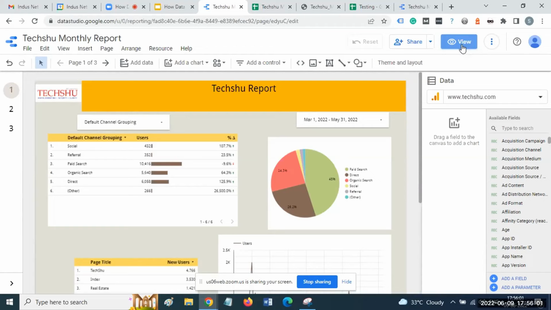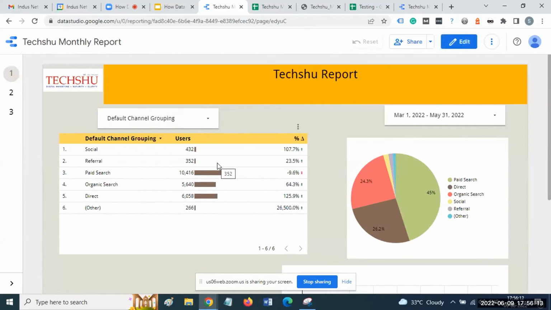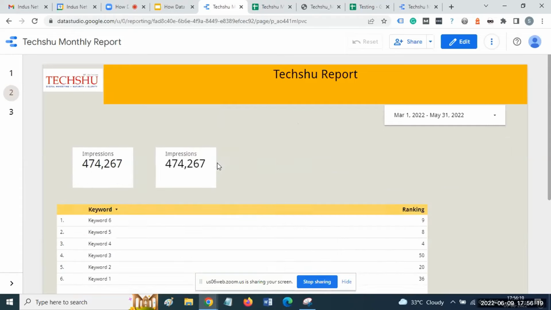Basically, on the view, Sonal, if you can show the left side, you see all the pages that you have created. Most of our clients will have 8 pages, 10 pages, 12 pages kind of reporting that goes into this. So the client gets this in their email. Different levels of client, like the CXO level people, will like to see a smaller version of the report going to them in an email. They will not log into a website or go through that. So all of those things can be scheduled, and they will only see the report in a PDF format or a view format. Yeah, Sonal, over to you.